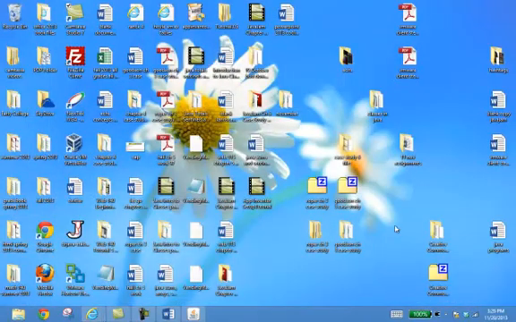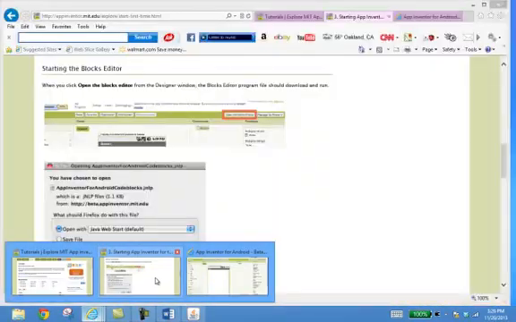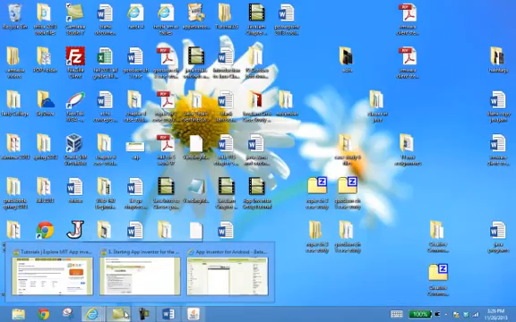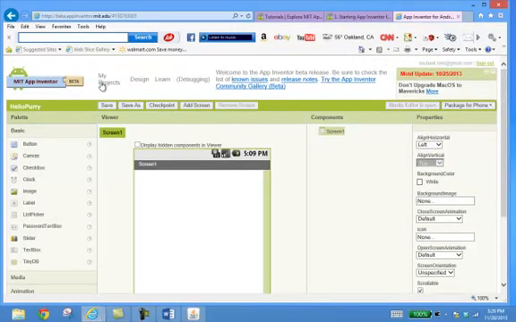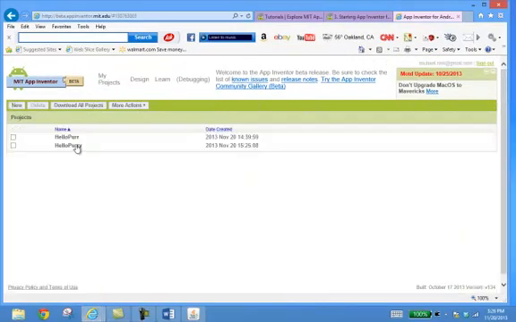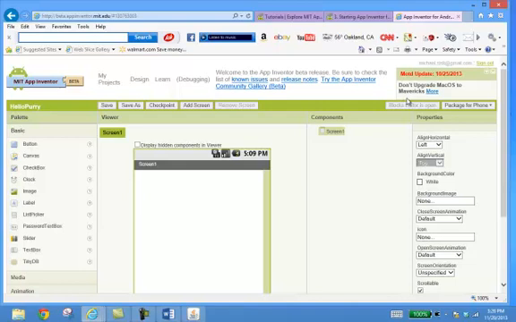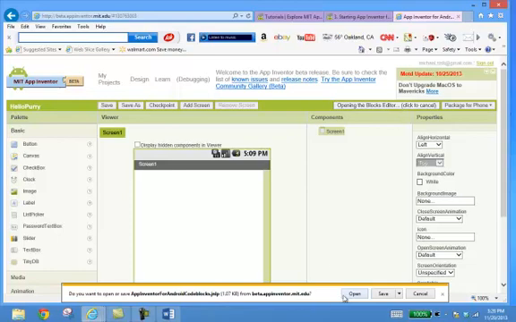So if you've gotten this far to where you can look at your editor, I've got to find out where in the world my editor ended up. Let me go back to this again. Because I've been bouncing screens trying to get this tutorial video out there for you, I'll go to Hello Purry right here. Blocks Editor is open. Well, I'll open it again just to let you see it. And once you have this block editor open,